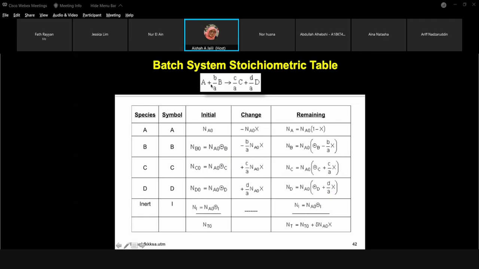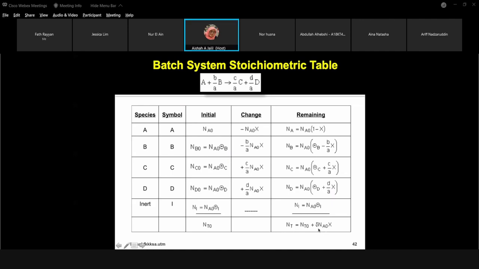You have to know if A and B, which is the limiting reactant. For the easiest one, I suggest you put the limiting reactant as A. You can put it as B, but be careful. But I suggest if it's the limiting reactant, put it as A. Then this is theta, theta, theta. How to write theta? And then this is the total, N naught plus delta. What is delta? You can see later. Then you can total and get the one.